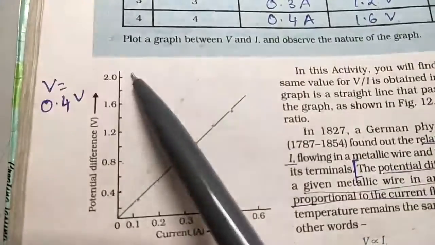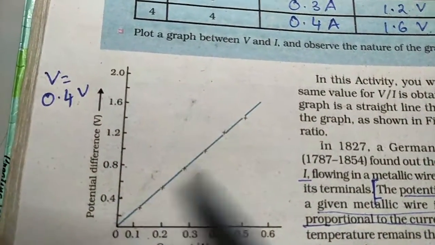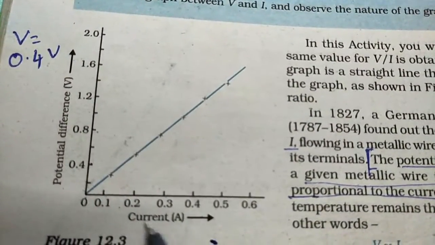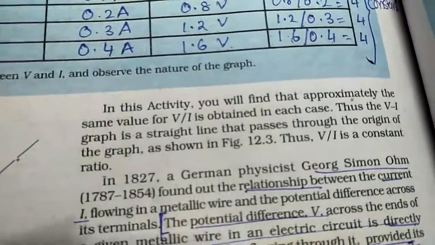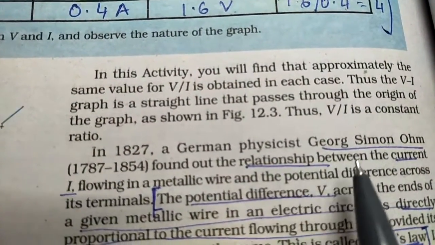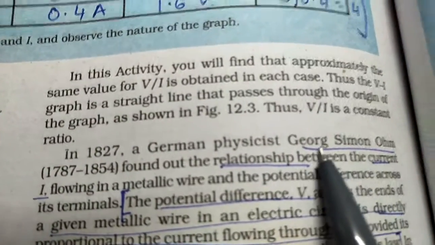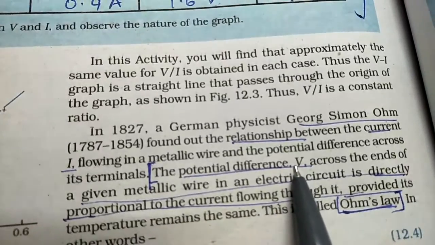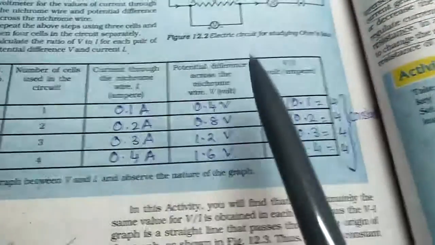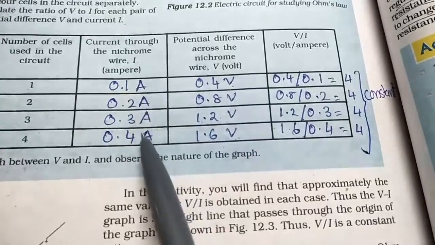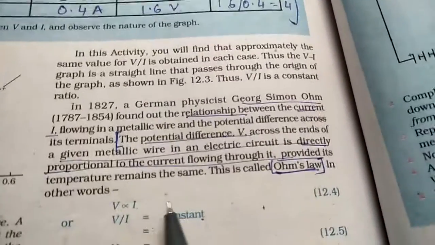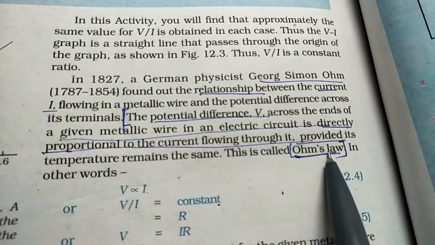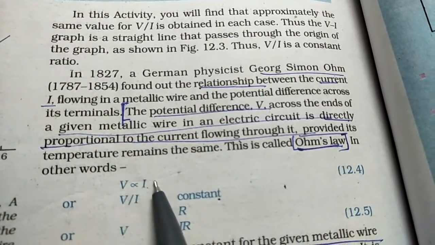Okay. Now this graph, when you plot, you can see it's starting from the origin and it's a straight line graph. That is potential difference V to current A. Okay. Now on the basis of this graph, we can quickly go to the relationship given by Ohm, that is between I and V. Now if you see, as you increase the V, this I also increases. So the relation is V is directly proportional to I. That's known as Ohm's law. So if you decrease this, this will also decrease.